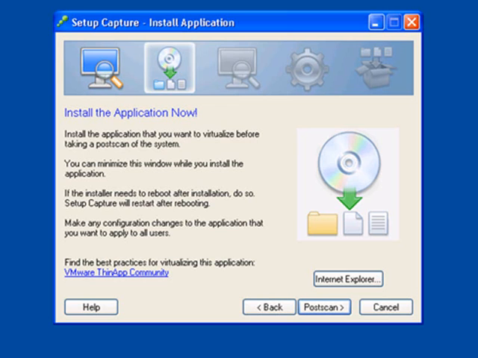If you do happen to close this wizard or need a reboot as part of the installation, simply run the ThinApp Setup Capture wizard again after the application is installed. The first thing the wizard is going to do is check to see if there is a pre-scan already completed on this machine. If there was, it'll bring it up and ask if you want to continue with that pre-scan or start a new one. If you choose to use that pre-scan, it'll take you directly back to this screen. So let's go ahead and close this window,